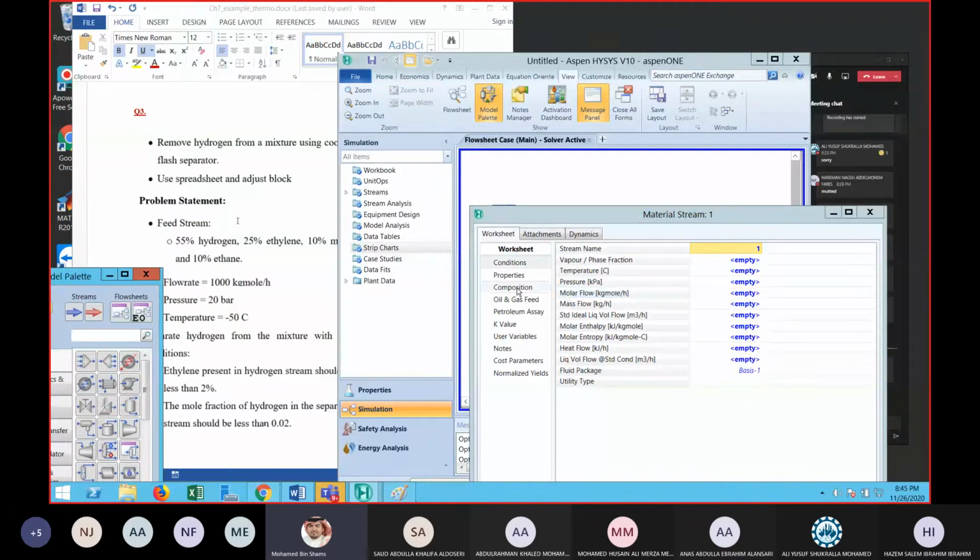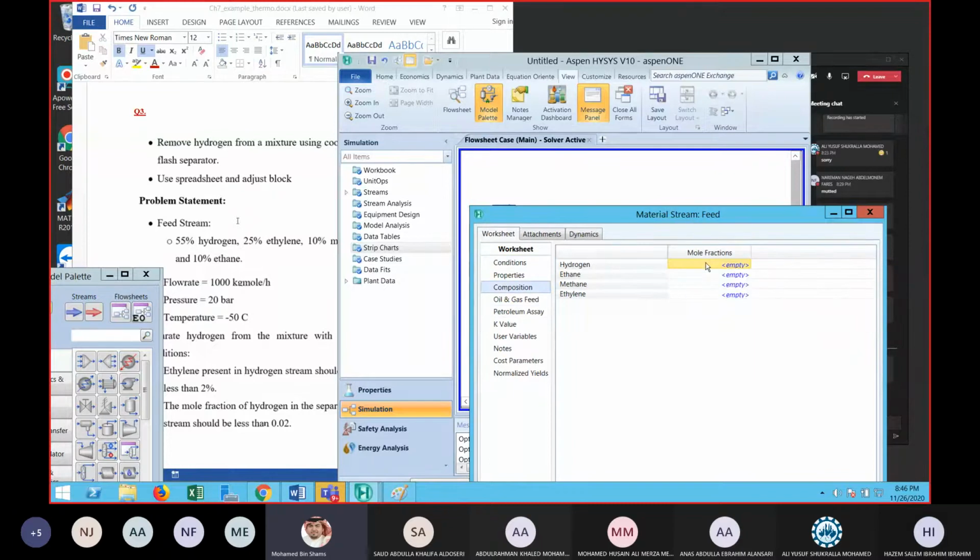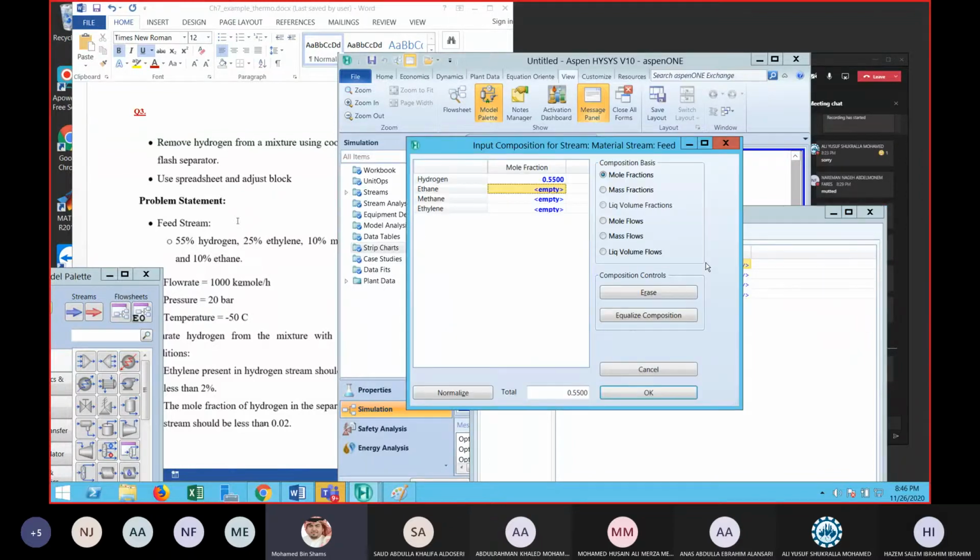أعطانا طبعا الفلو ريت ماله شباب، أعطانا temperature minus 50. So the temperature of this stream minus 50 degrees Celsius. الضغط عندنا 20 بار، وعندنا المولر flow rate 1000 kilogram mole per hour. Okay, and this is our feed stream. Okay, so we'll call it feed. وعندنا الكومبوزيشن مثل ما معطينا في السؤال 0.55